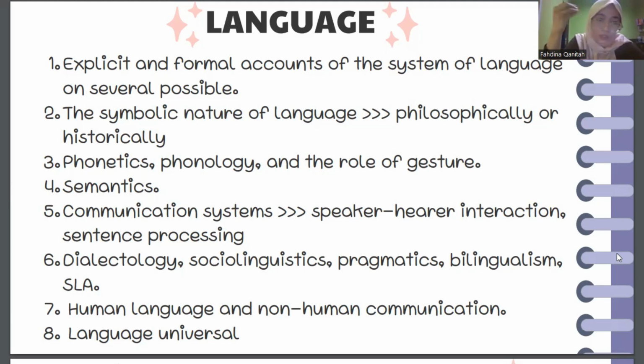Let's get to know the second point, which is the symbolic nature of language, the relationship between language and reality. It's all about the philosophical meaning of the language, and also the history of the language. If we set aside time to read more about what language is, how the history of the English language developed, for example, at least we have equipped ourselves to reduce our failures as second language teachers in the future.